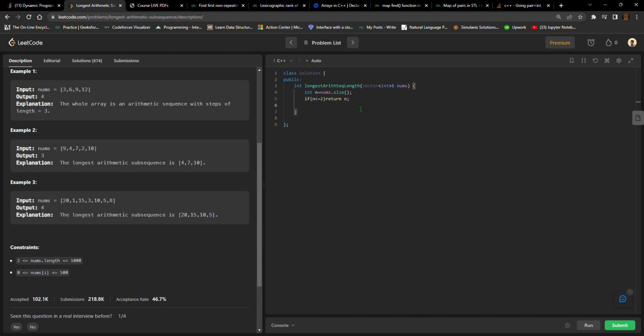So we need to return a maximum length. For calculating that maximum length, we would be requiring some comparative variable. So I would take answer as initially 0. Now the main thing,